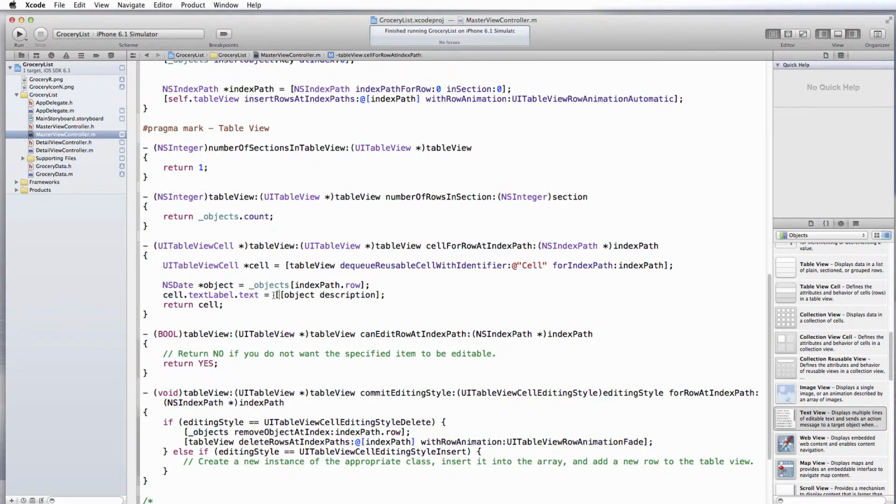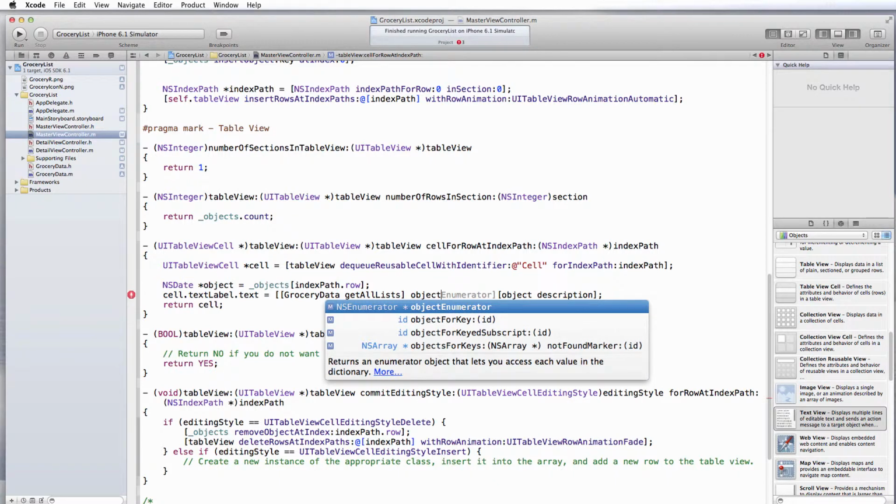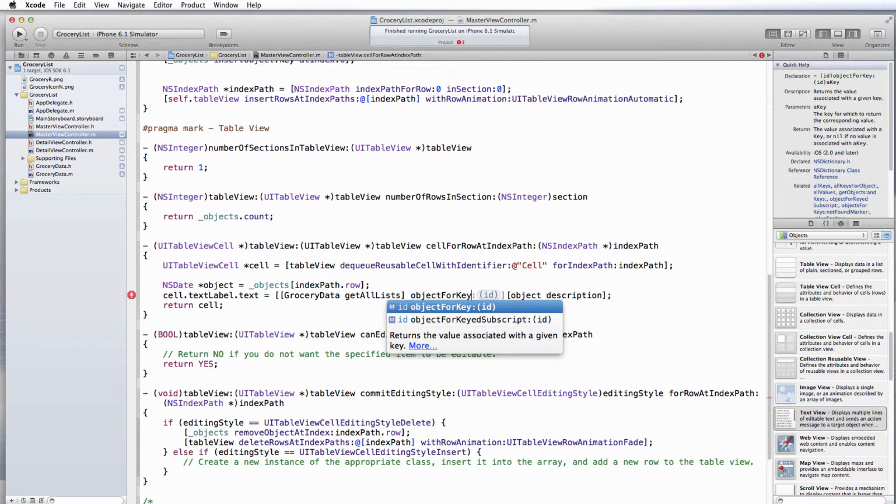We're going to first reference our grocery data object and then get all lists. And we're going to add the object for the key, and the object for the key is going to be that description.